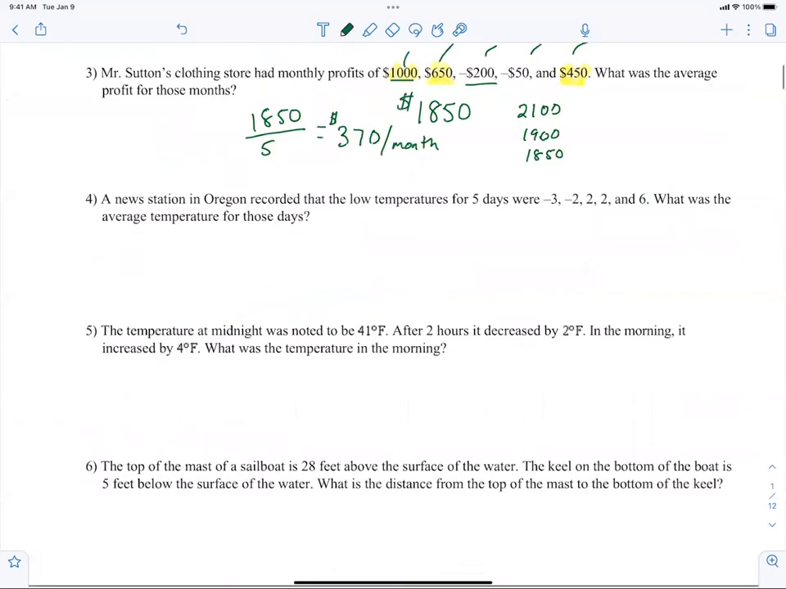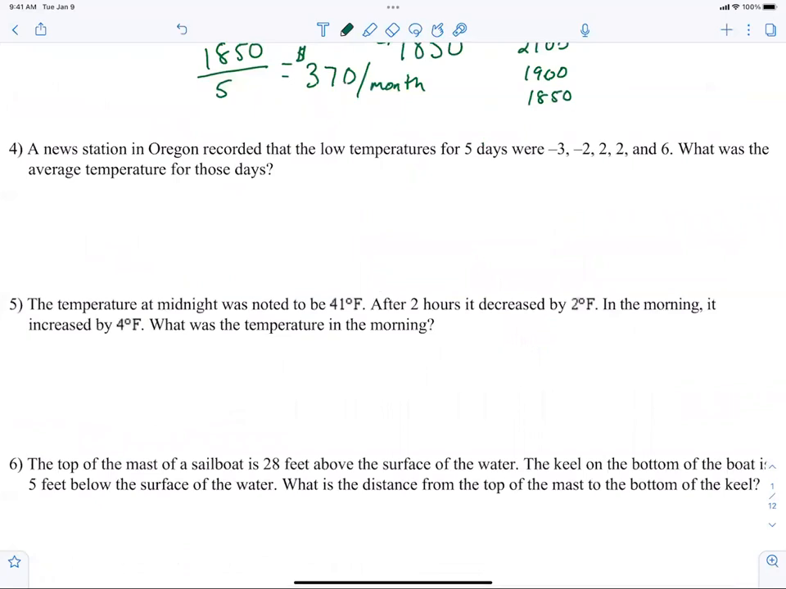Quinn, you're up. I get 3 and 2 and 2 and 2 degrees and 6. What was the average temperature for those days? So you do -3 plus -2 is -5, and then plus the 2 is -1, and then it's perfect. 5. Yes. And then 5 divided by 5 is